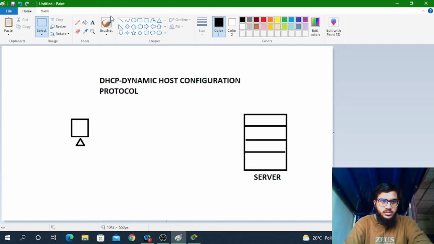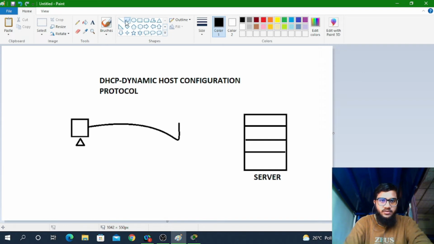This server is connected with the switch, or say for example it is directly connected with your router.